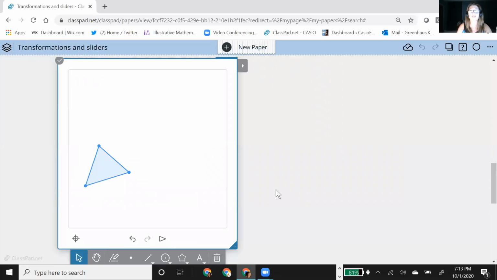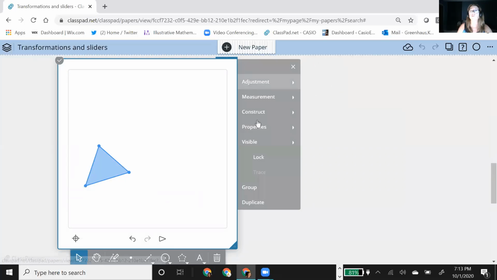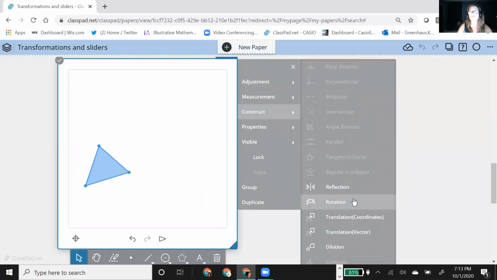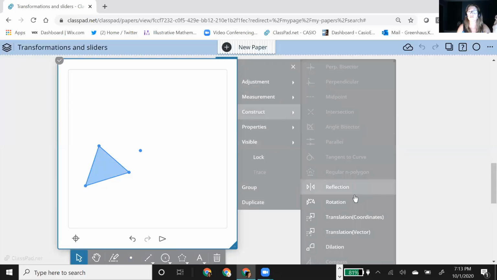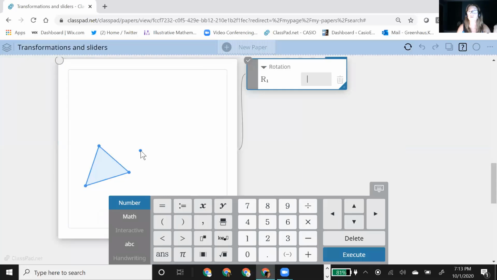So here's a triangle, and let's say now I'm going to select it. So you always, again, have to select. You're going to go to your construct menu, and this time let's do a rotation, a turn. And for a rotation, the first thing you have to have is a point. It needs to know, where do you want to turn around? Since I didn't put an extra point somewhere here, I could just choose a point in my shape. But I actually am going to put a point, because I like to have a point of rotation. So let's try that again. Construct, rotate, select the point you want to turn around.